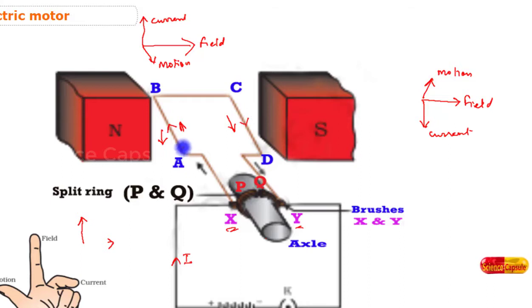halfway. On half rotation, C comes this side. That means here C, and B goes this side, so here will be B. Similarly D comes this side, so this arm will be D, and A goes this side, so here this will be A. Now you see, earlier when the current entered through CD, the direction was different, but now on half rotation, CD comes to the left hand side and BA has gone to the right hand side.